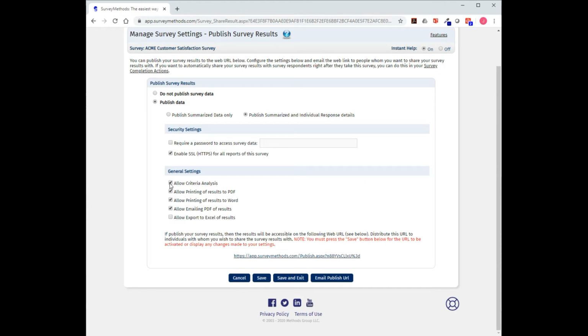Lastly, you can choose whether the people who have access to the results can filter the results using criteria analysis, whether they can print a PDF, convert to a Word file, email a PDF of results, and export to Excel. I'm going to allow the first 4, but I don't want users to export to Excel, so I will leave that unchecked. Now I will hit